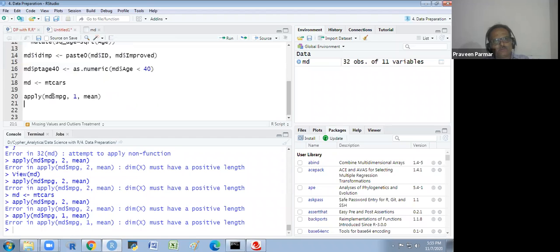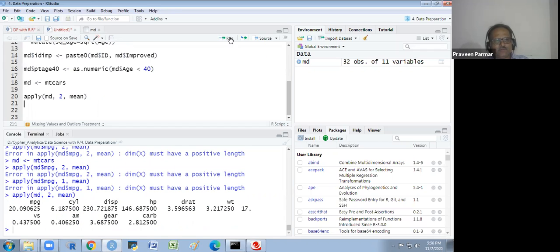Oh, sorry. We want the mean of all our columns. I have mentioned the column name there, MD1 or MD2, all columns. MD2, the columns of the MD dataset, the mtcars dataset, I want the means of 11 columns. A single one I could get easily.